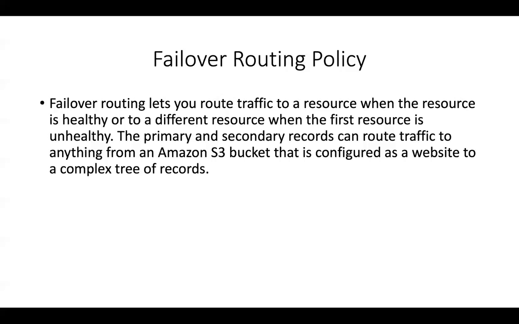And with failover routing policy, you can use health checks over here. So you can configure primary and secondary records. And with the primary and secondary records, you can specify that this record is primary or this environment is primary. So that becomes the active environment, and all of your end users' traffic is going there. But if that environment fails, then all of your traffic will go to your secondary environment, right?